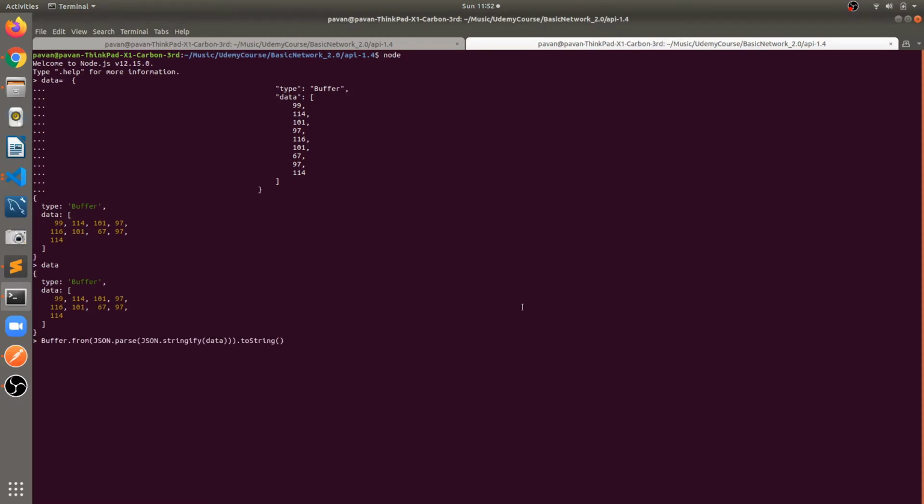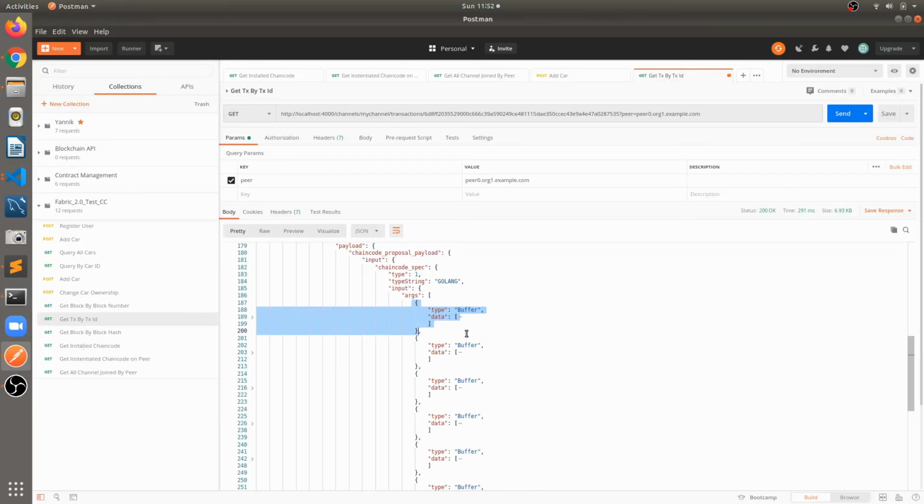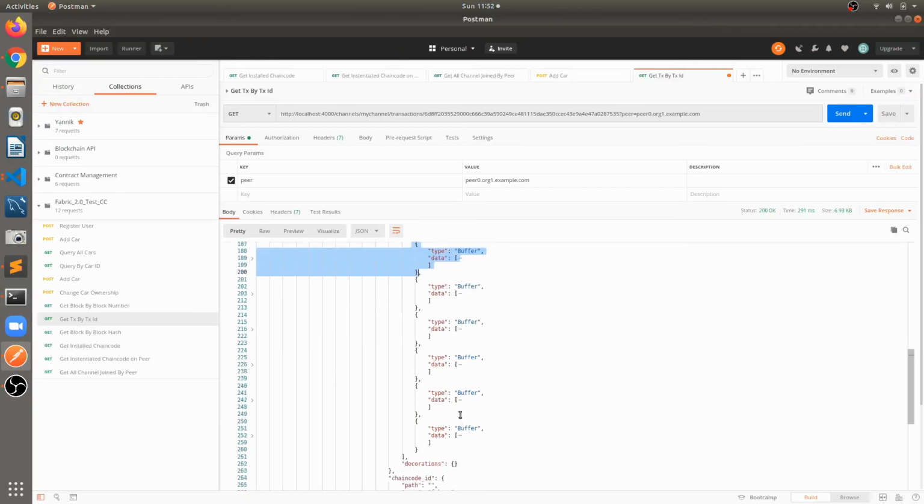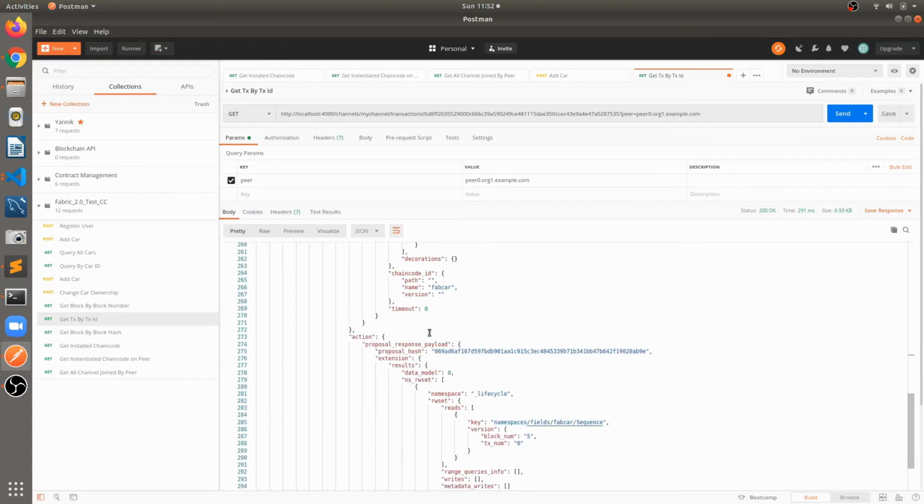So what we are doing here, first of all we are stringifying the data, again parsing the JSON, and taking from buffer and converting into a string. See, this is the create car first argument, and in this way we have multiple arguments, almost 5 arguments. You can see here.